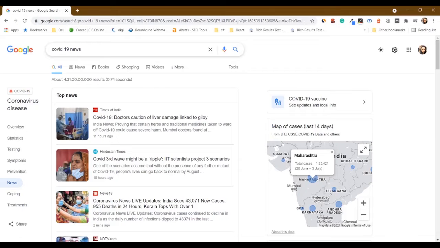Let us have a look at some common types of schemas that you can add on your website. The first one is article schema. This type of schema can be embedded on news articles or a piece of investigation report. Newspapers and magazines have articles of many different types, and this is intended to cover them all. For example, when I type COVID-19 news in a Google search box, this is how an article schema will be fetched up.